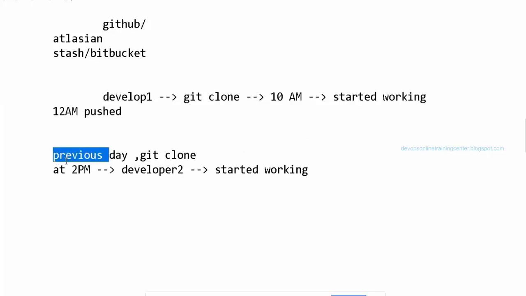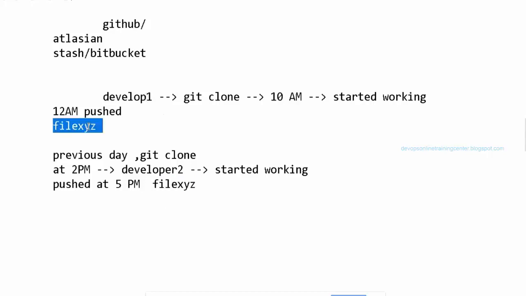Now developer 2 does not have the latest code because he did Git clone the previous day, so he got all the code available on GitHub that day, and today he started working on it. He also worked on the same file and pushed it at, let us say, 5 p.m. Now GitHub will throw errors saying that you're trying to modify file XYZ, but you do not have its latest content because it was modified by developer 1 today.